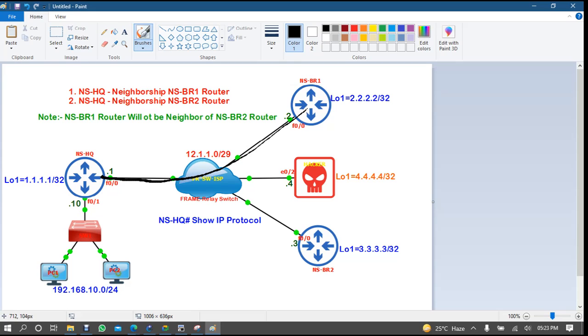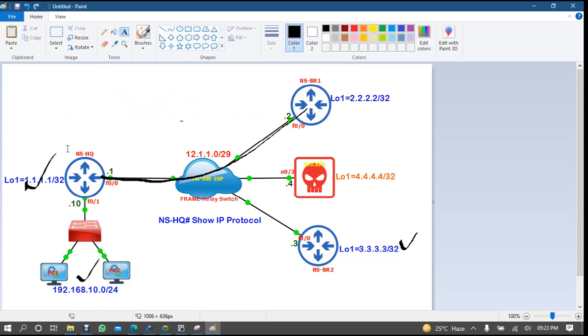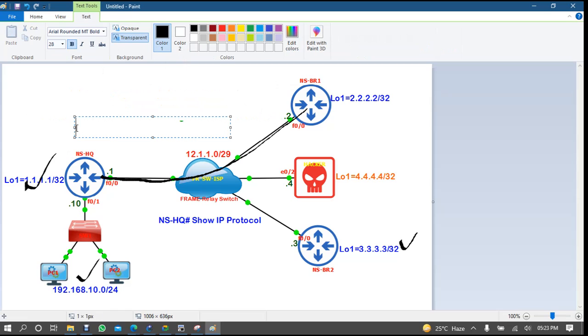Now the headquarter is sending the update of 3 because I have stopped it, and the headquarter is sending the updates of his own, this and this. So for this and this, the headquarter is using one kind of default algorithm. Now we can delete this one. So the headquarter is using some kind of default algorithm as the next hop.